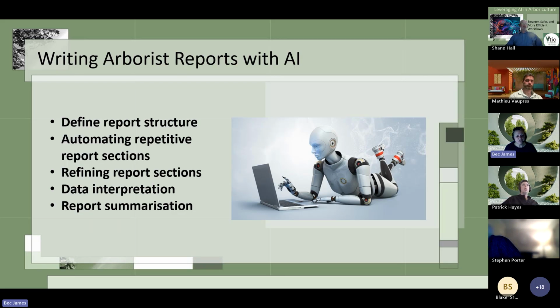So when you're giving your AI the direction that you want, it's really important to define the report structure. So what structure do you want in your report? Are you going to have an executive summary? Are you going to have an introduction? Are you going to have your limitations and assumptions, your site observations, your tree observations? You have to let your AI know what structure that you want them to use.